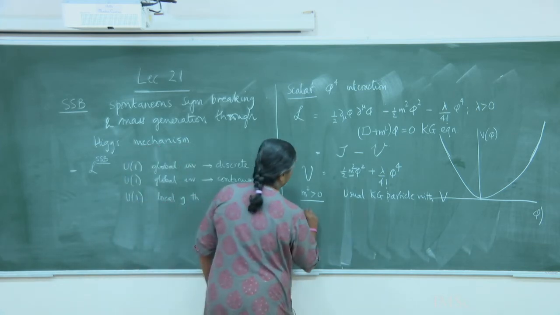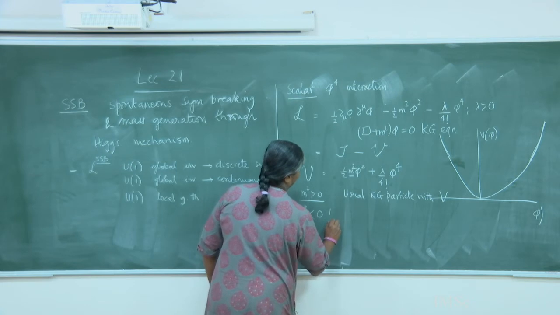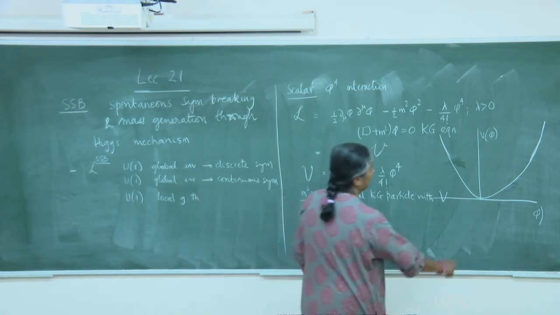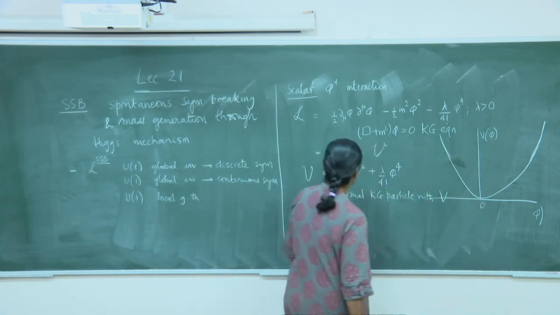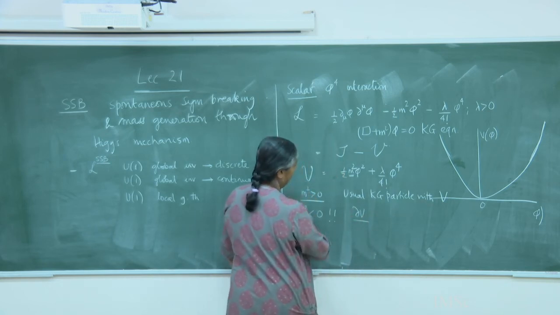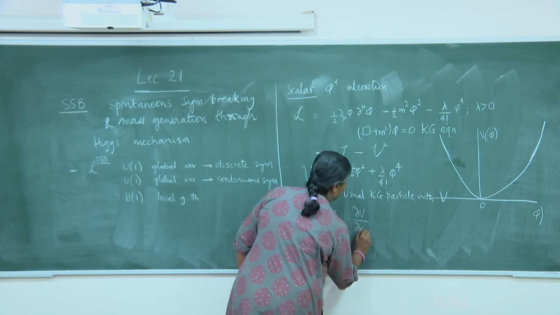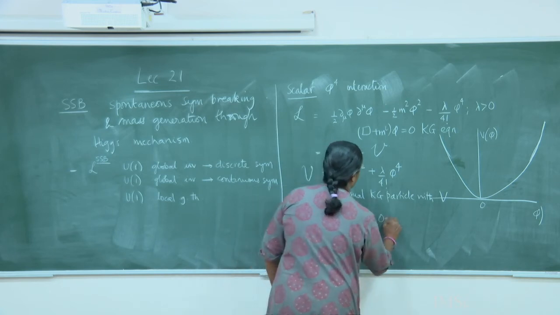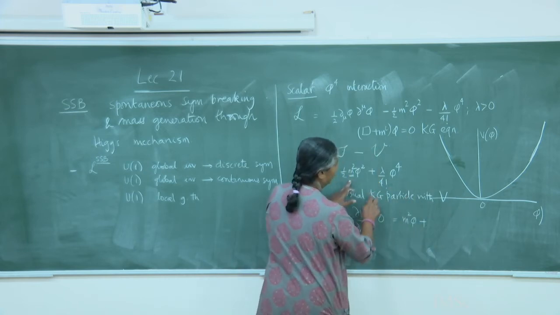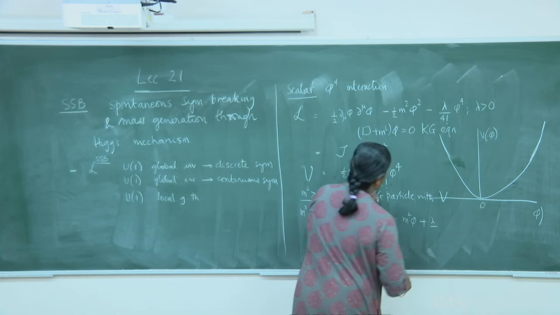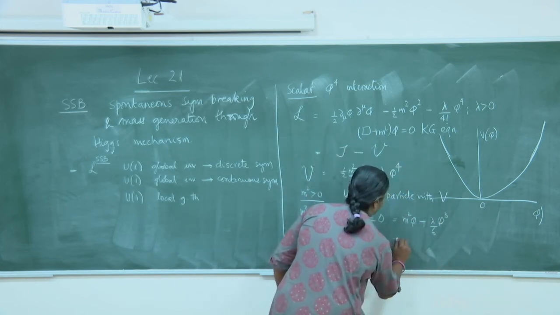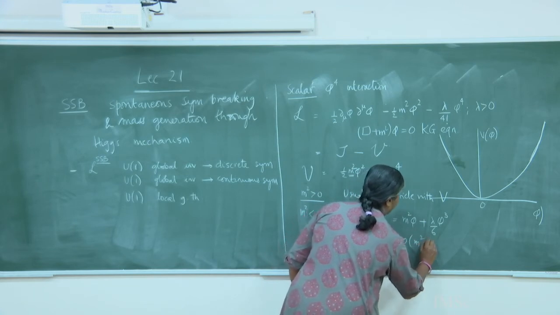However, you take m squared to be less than 0. Then you can see that the minimum of the potential is not at phi equal to 0. I am going to stop writing script V because it is very hard to do it on the board. So I am going to write dV by d phi is equal to 0, which is m squared phi. The 4 factorial, 4, cancels, so it will be lambda by 3 factorial, which is 6, phi cubed, or phi into m squared plus